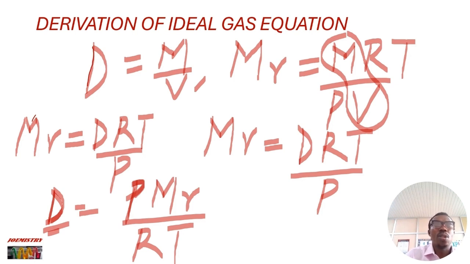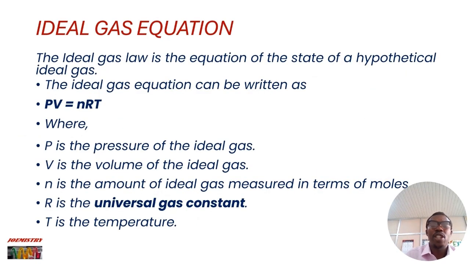So with the ideal gas equation, we can calculate the mass of the gas, the molar mass of the gas, the density of the gas, the temperature of the gas, the volume of the gas, the pressure of the gas, and the number of moles of the gas. So it's as simple as ABC. So from the above derivation of the ideal gas equation, you can see that the ideal gas law is the equation of state of a hypothetical gas, which is PV is equal to nRT, where